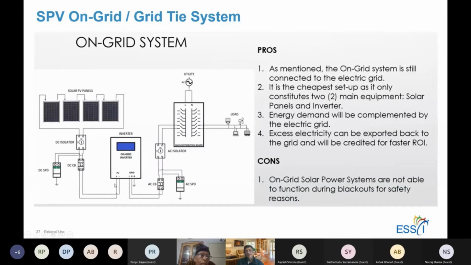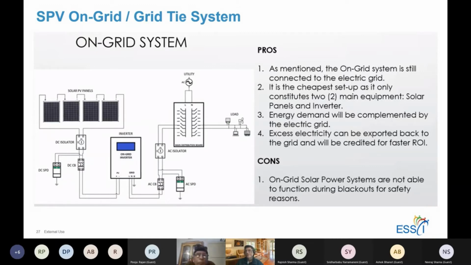And then this DC current that is generated from the solar PV goes into an on-grid inverter, and the on-grid inverter creates AC power at its output, which goes through a distribution board. Okay, the circuit breakers and surge protection devices and an on-off switch here into the main panel. Okay, and you will normally have a net metering device here somewhere, which will measure the energy which is coming in from your system and the energy which is coming in from the utility, and the differential going into the load.